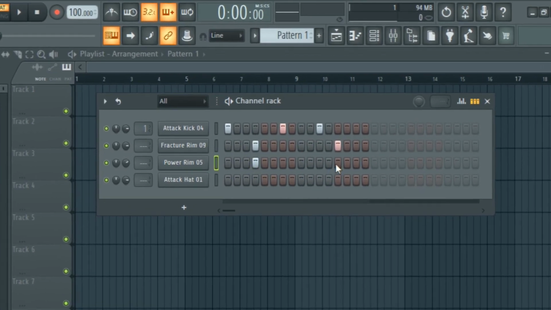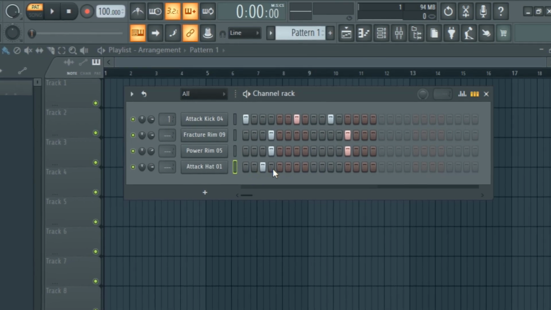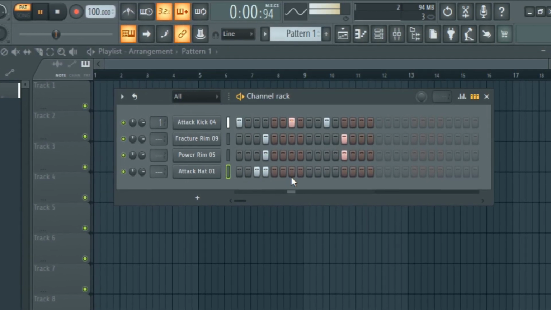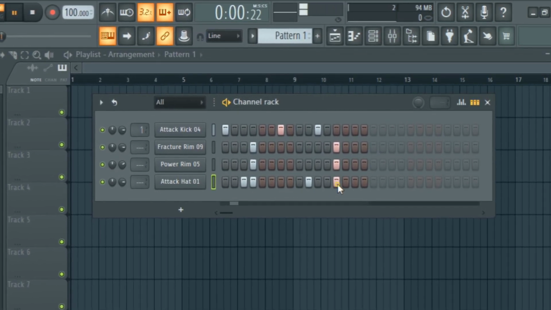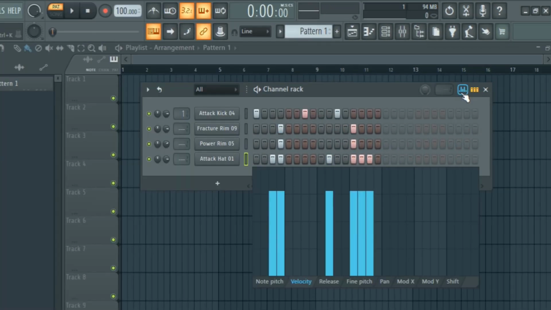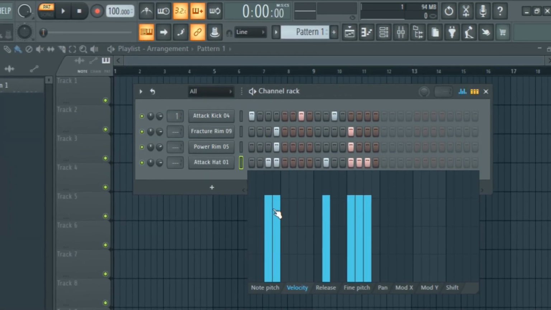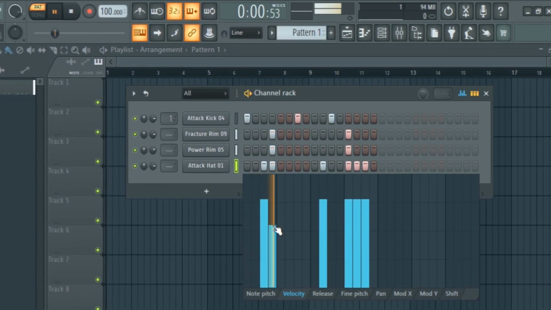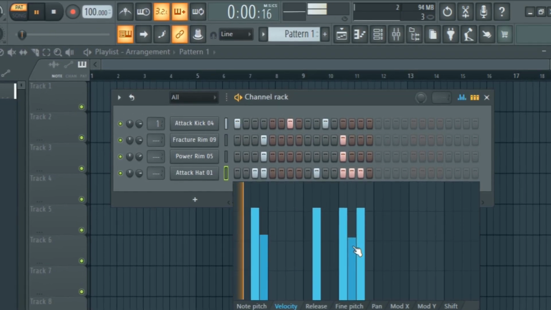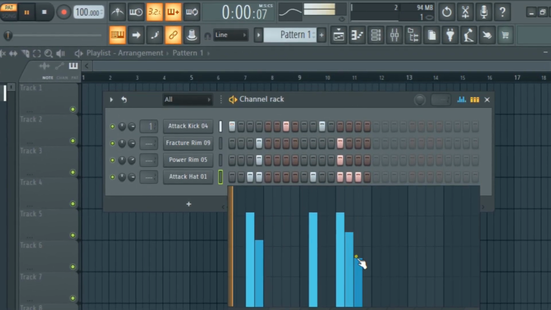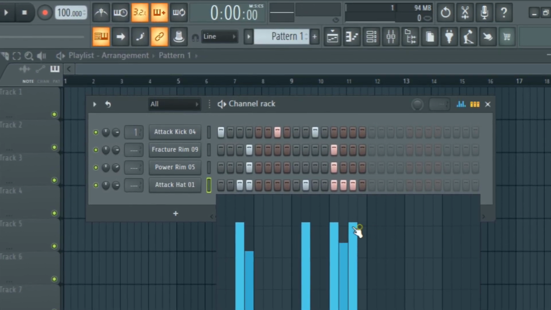So I'm going to add one more. So I'm going to do it like this for the hi-hats. As we've gotten this, I can click on the graph editor, and then for the hi-hats, I can bring down the velocity of this note. You can either do it this way, or I'm going to hold Alt and bring everything back, or